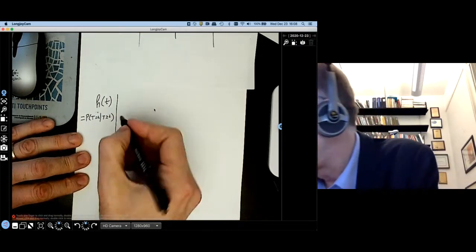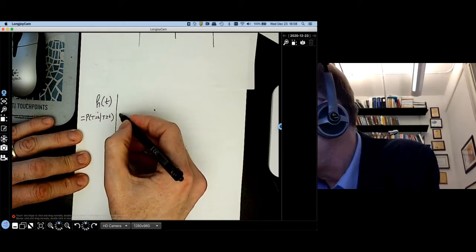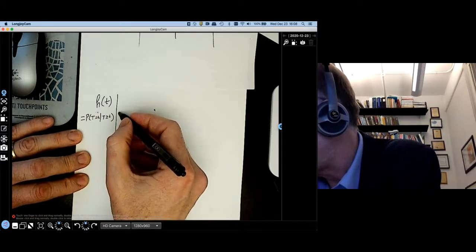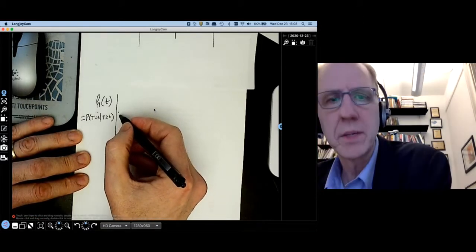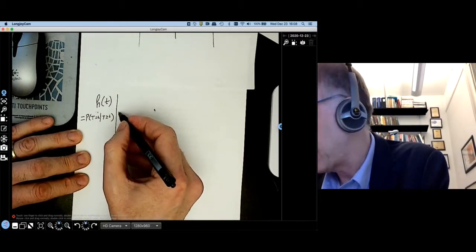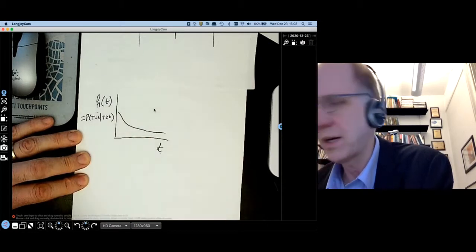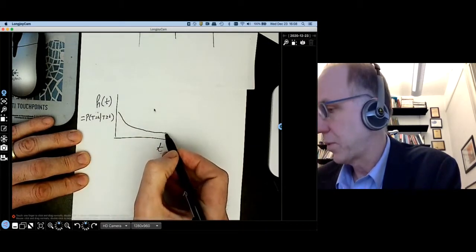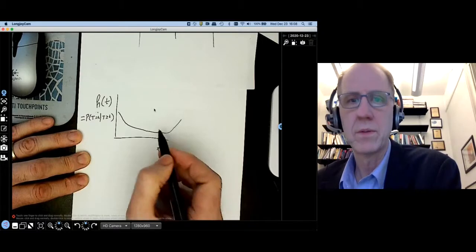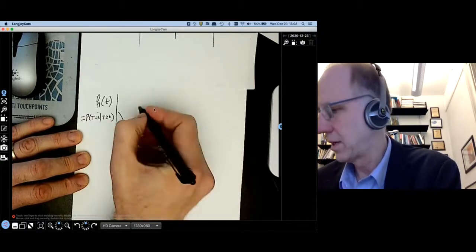What is very common is for this hazard function to start out high. When the relationship first begins, there's a higher probability of failure, and then it decreases over time. Perhaps at some point it starts to increase again. This would be called a bathtub shaped hazard function,